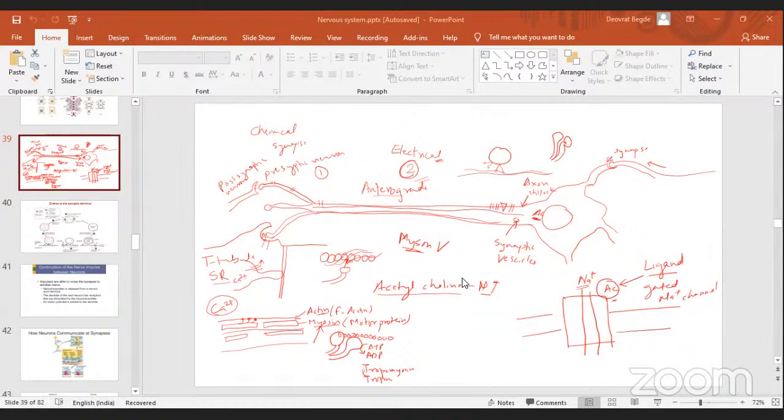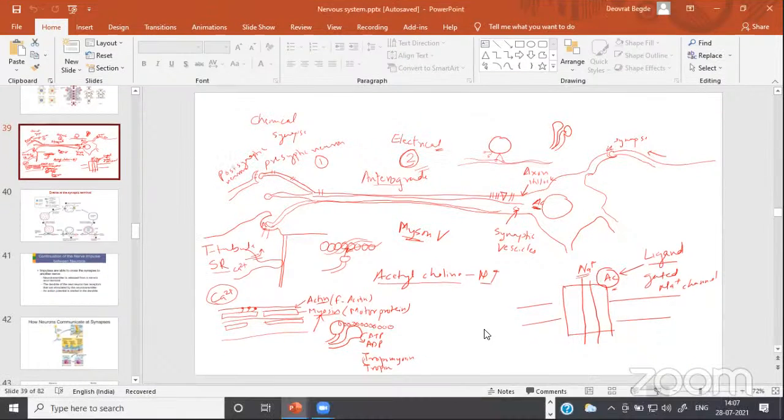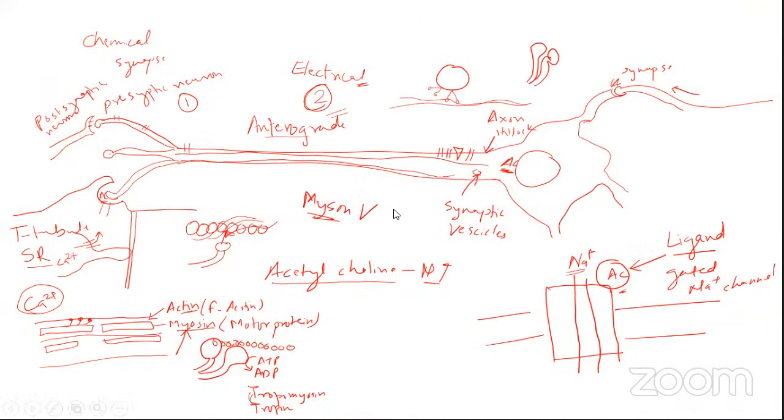Apart from these compounds, there is another way in which the neuronal impulse can be transmitted in a much faster way. That happens in the case of neurons which are connected together by means of electrical synapses. Electrical synapses are basically very similar to what are referred to as tight junctions.